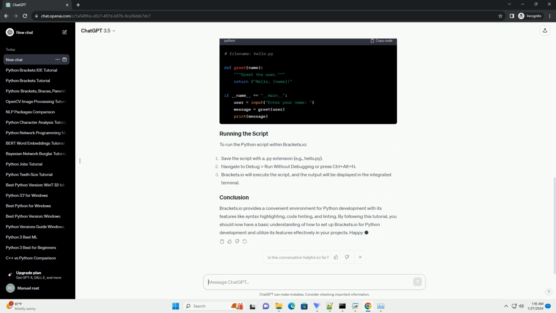Linting. With the help of plugins like JSHint, Brackets.io can perform linting for Python code, highlighting syntax errors and potential issues in your code in real time. Let's create a simple Python script using Brackets.io to demonstrate its features. To run the Python script within Brackets.io,